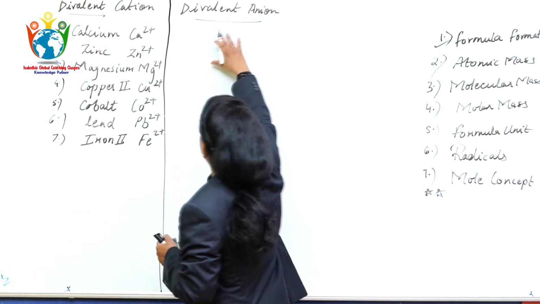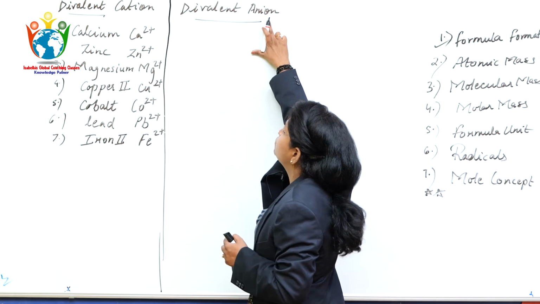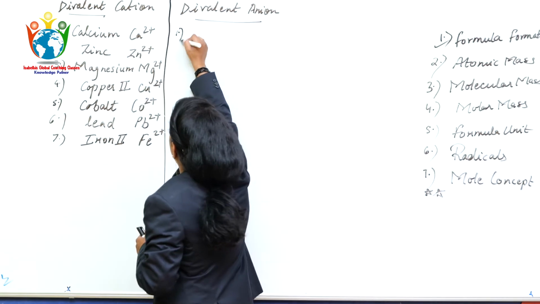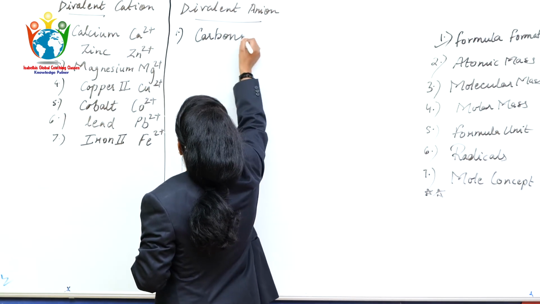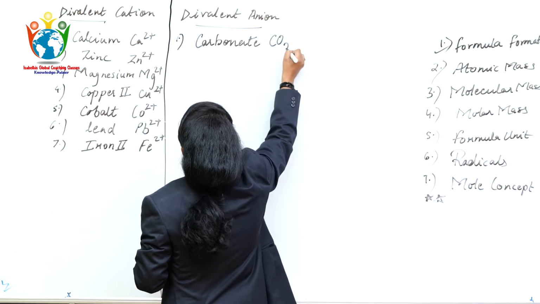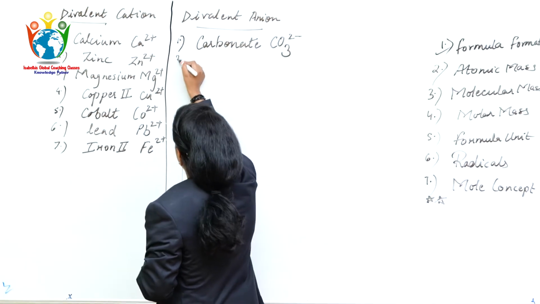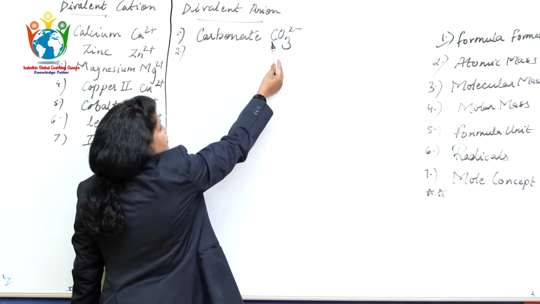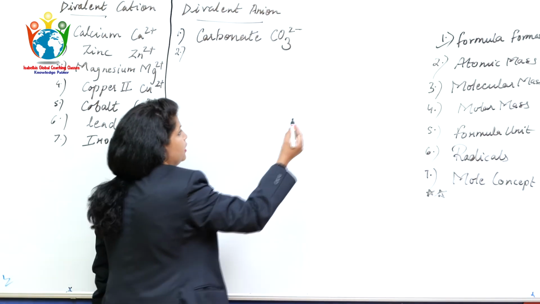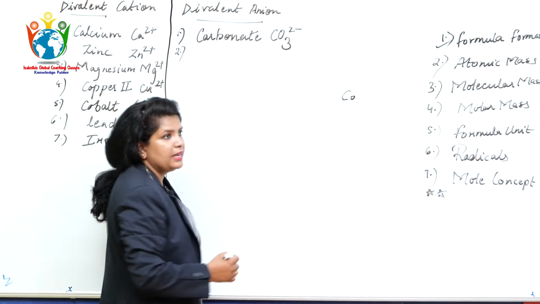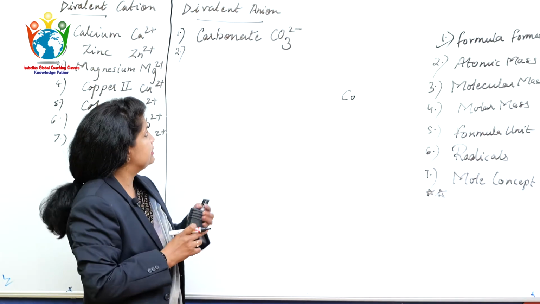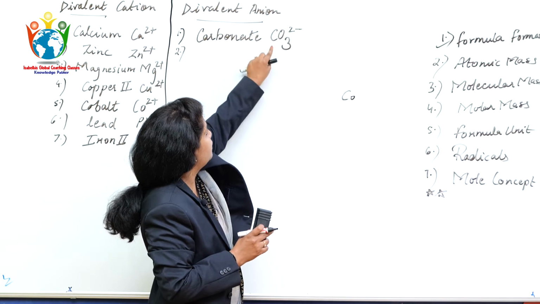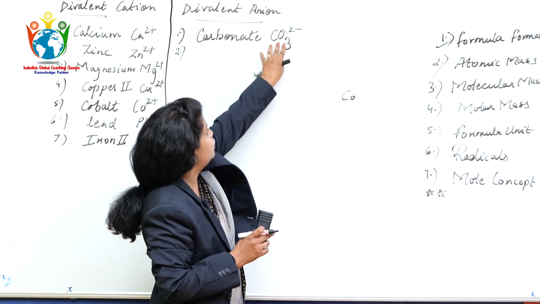Okay, now we will go on to divalent anions. As already mentioned, anion means negative charge, cations means positive charge. Carbonate is CO3 2 minus. Be specific: this is capital C, capital O. Please do not write it any other way, it is totally wrong, because in chemistry capitalization matters. Make this clear in your mind, that is capital C, capital O, that is carbonate.